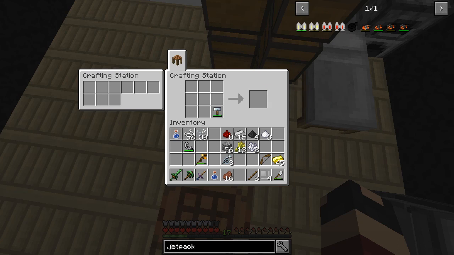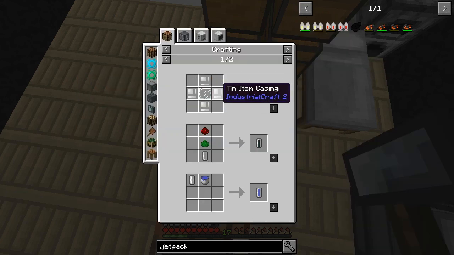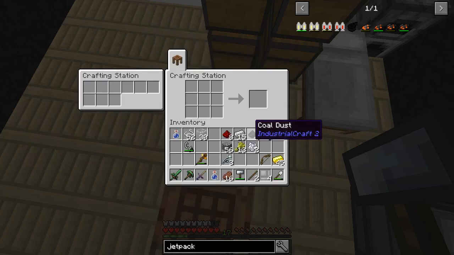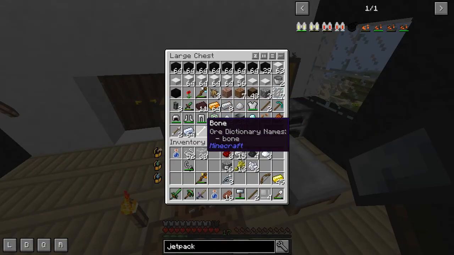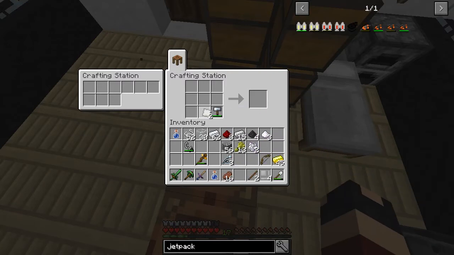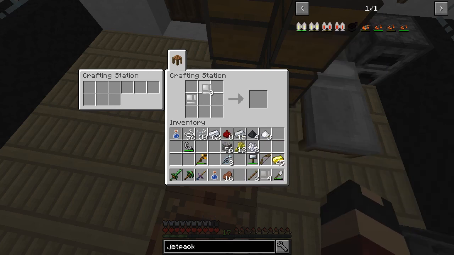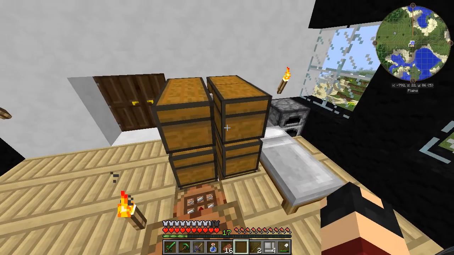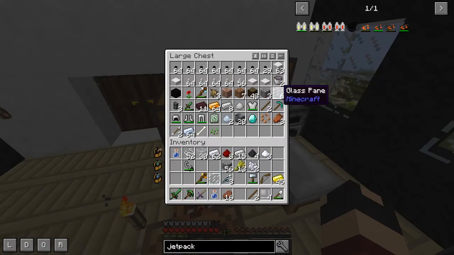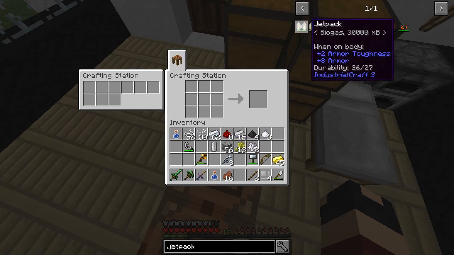Plates go into iron castings. We have 4 iron castings. I think that's all we needed. And then we need the tin item casting, which is the same thing with tin, which I do believe I have some of. Yep. And let's tin and boom, boom, and get 4 of those as well. So then that would be 1, 2, 3, 4 with a pane in the middle. So right here, pane in the middle is our empty universal cell,